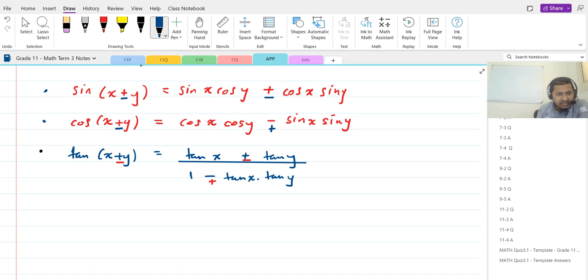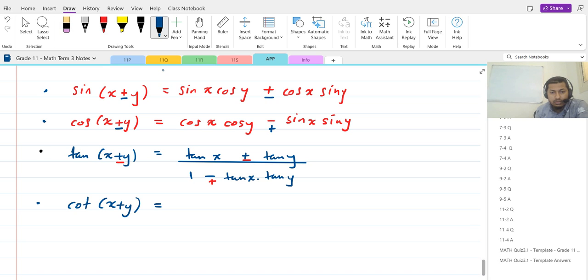And there's a nice one for cot as well, right? So cot x plus y. We don't really need you to learn tan and cot, because remember tan x plus y, you can just say sine x plus y over cos x plus y. I'll do it in the problems. Right, so cot x plus y, you can say is 1 over tan x plus y as well, but we have a better formula, which is